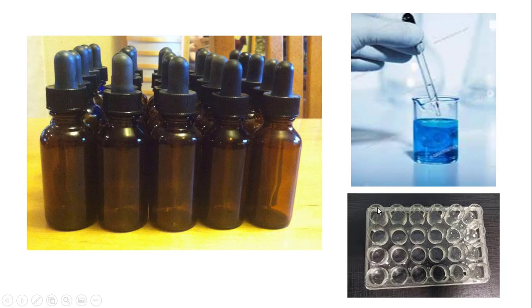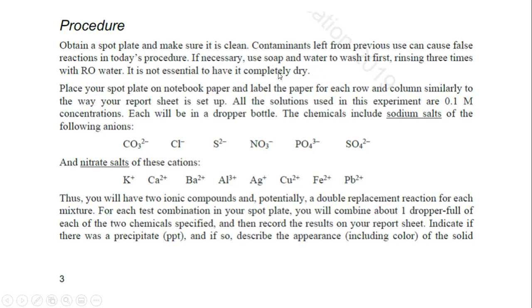So this is a spot plate, and it's palm size, and it takes about, I think, maybe 2 mils. It's a very small amount that it can hold, but you can do a lot of observations with this by adding a lot of solutions and then seeing if a chemical reaction occurs on a very small amount, but you can still see it. Now, these are the droppers, so let me go on and I can explain why those bottles are on here. So you get a spot plate,